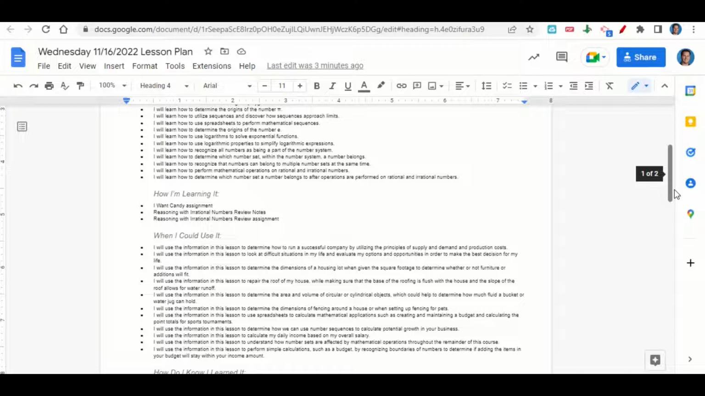the roof is flush with the house and the slope of the roof allows for water runoff, to determine the area and volume of circular or cylindrical objects which could help to determine how much fluid a bucket or water jug can hold, to determine the dimensions of fencing around a house or when setting up fencing for pets, to